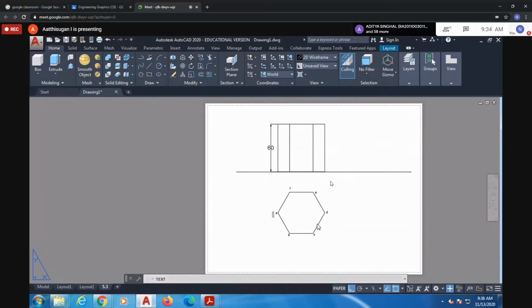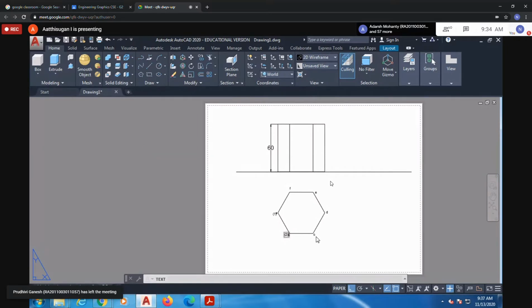Next, I'm going to give the label for the bottom. I'm giving the label to the top surface in the top view, the top base surface. Now again, the hexagonal prism has a bottom base also. So from the top, I can see the bottom, so you draw it within a bracket. Give some distance, and at least nearest to that corner, you have to give some label.